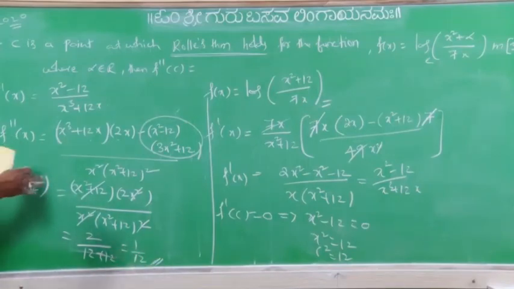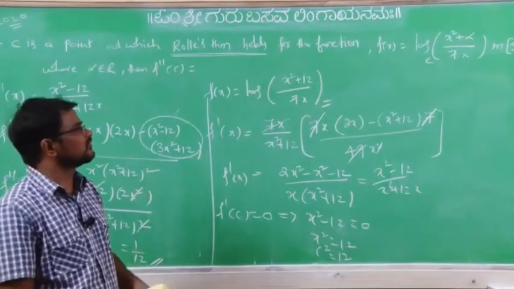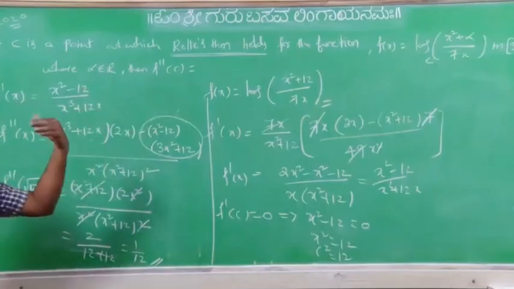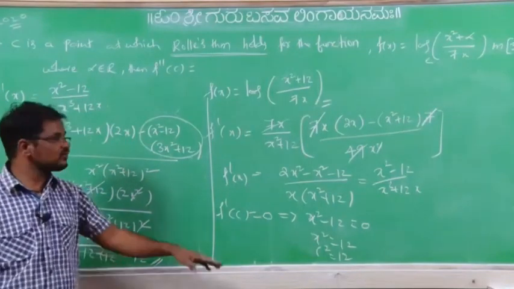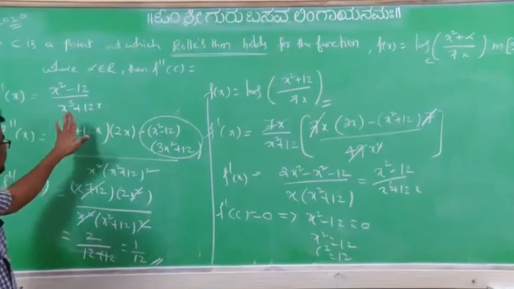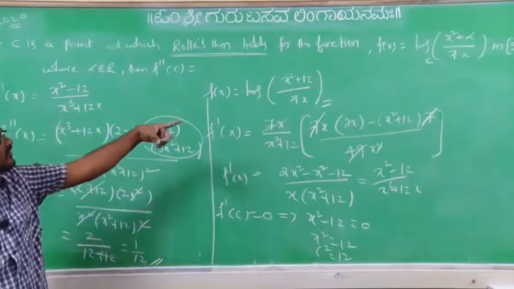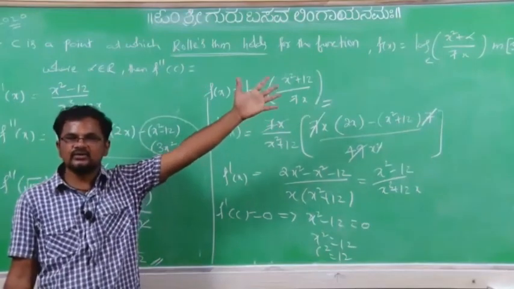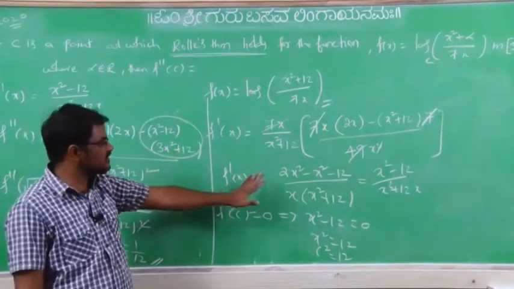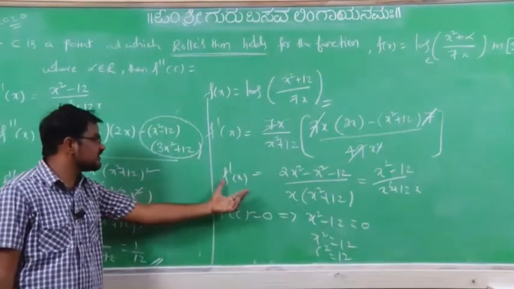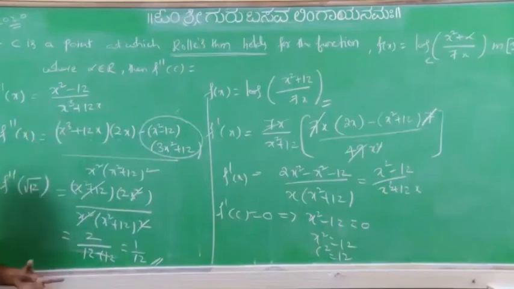Okay, no? Little bit lengthy, but a simple problem only. What we have to do? First, it holds Rolle's theorem, so f is continuous and differentiable, f of 3 equals f of 4. By that, we get the alpha value, and that alpha value we again substitute in the given function. Again do the differentiation. F dash x equals 0. We get the C value. After taking the first derivative, again do the differentiation. Substitute the C value. Then you will get the required answer. Okay, no? Right.